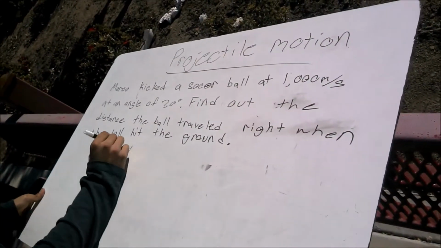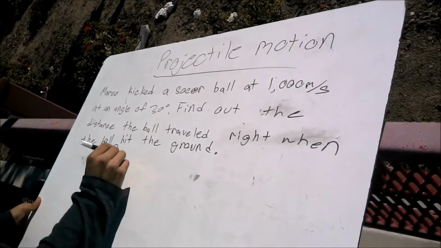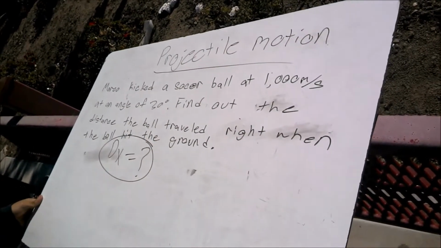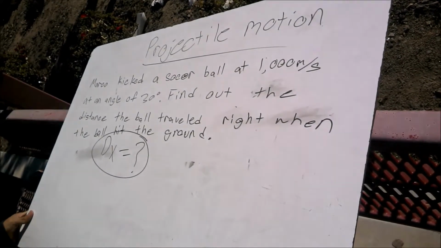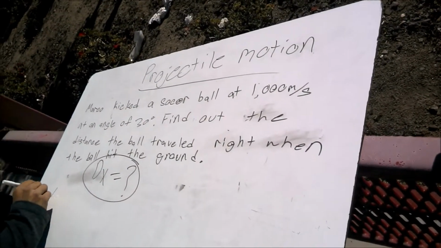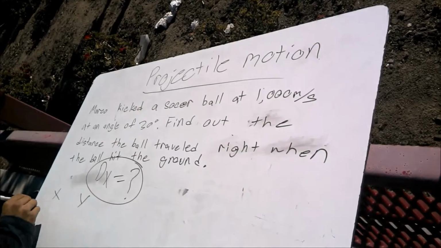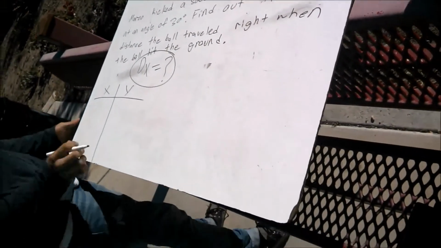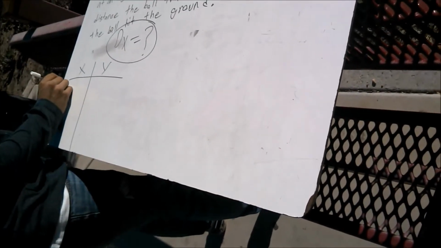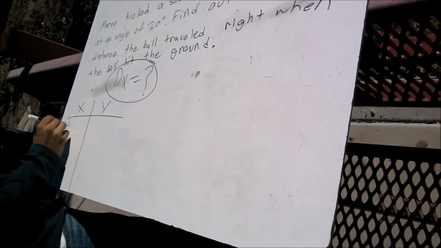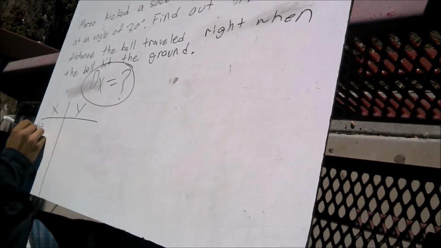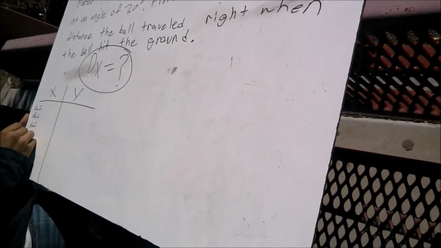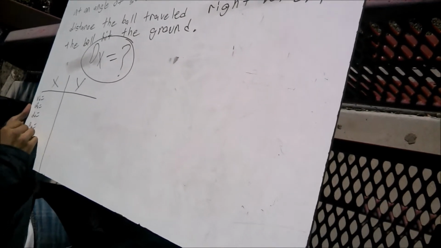The first step to analyzing an equation is to read it thoroughly and ultimately to figure out what you have and to find out what you need for the solution. So the second step is acknowledging what you're supposed to find. In this case, you're supposed to find the distance x, and so you separate a table from x and y